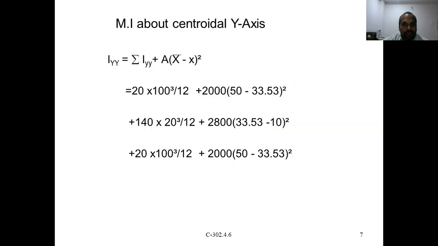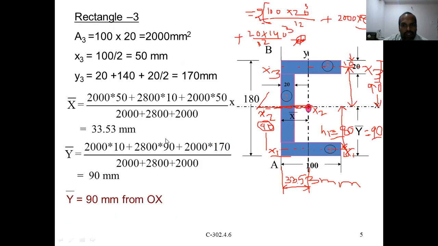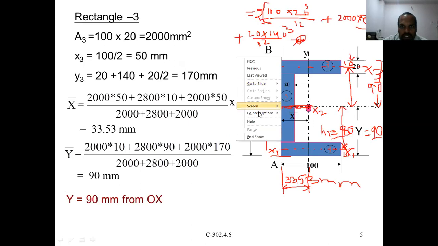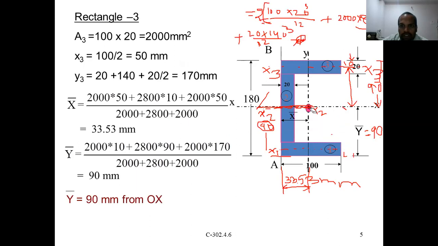Similarly, y axis. So y axis moment of inertia. Now for this one, I need to go to the figure again. So for the figure, I will remove everything unnecessary. I need this one, so later I will keep it here. I will remove all this x axis, and we need only the y axis. That's all. I don't need x. Okay, so like this. This is the figure.